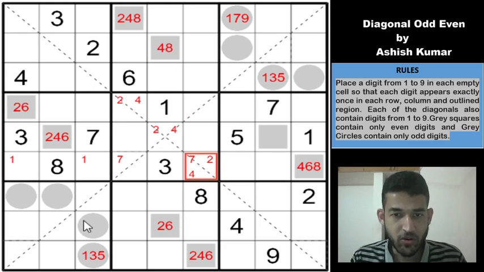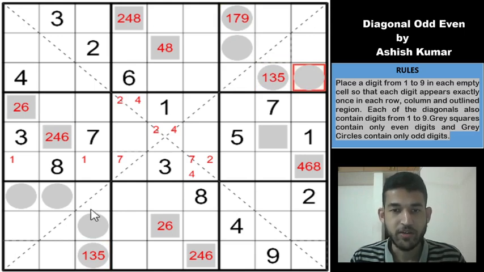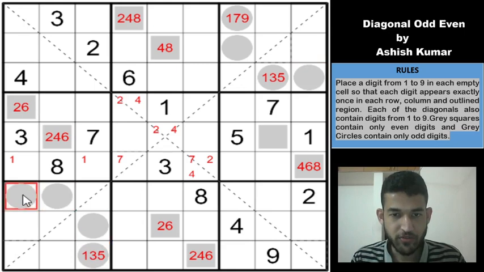Okay, so you look at these 4 odd digits that are given outside boxes 3 and 9. They are very interesting, right? So we know that 4 odd digits are outside the diagonal in box 7, and similarly 4 odd digits are outside the diagonal in box 3. And we also know that in this diagonal there must exactly be 5 odd digits and 4 even digits, right? So out of these 4 odd digits between boxes 3 and 7, can exactly one odd digit be common?